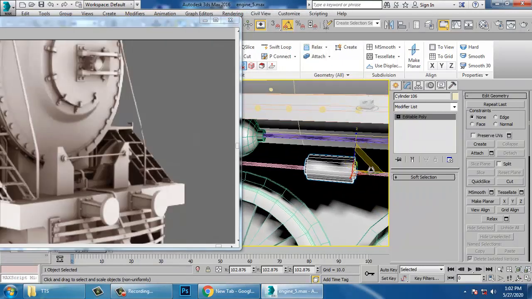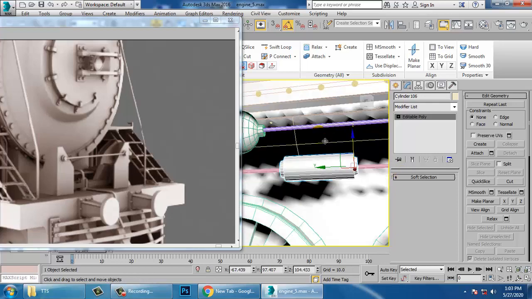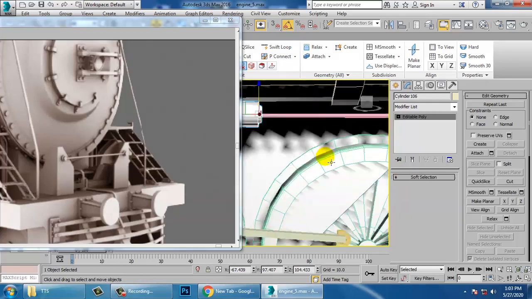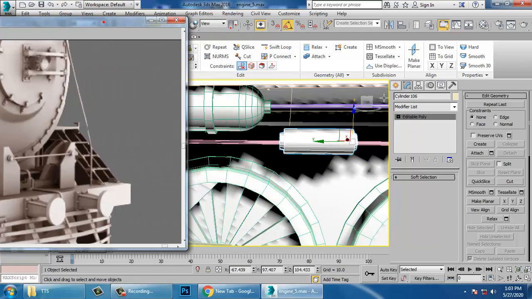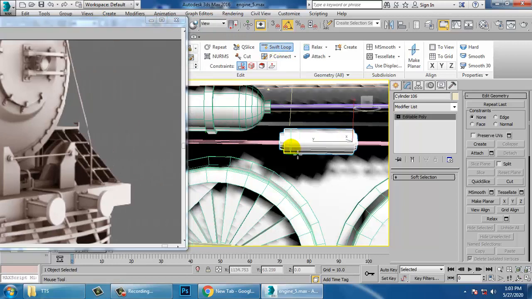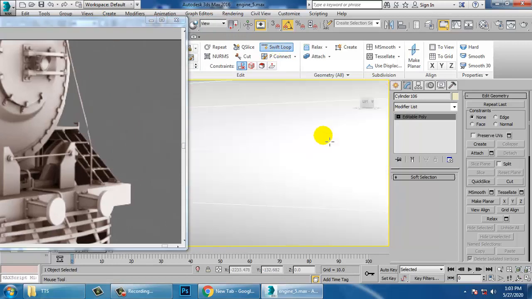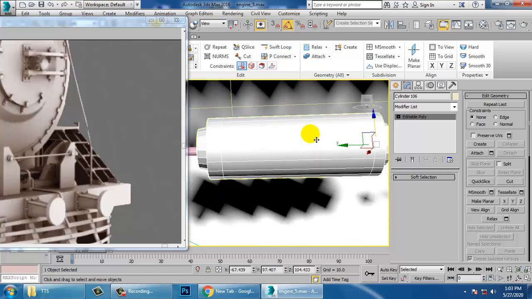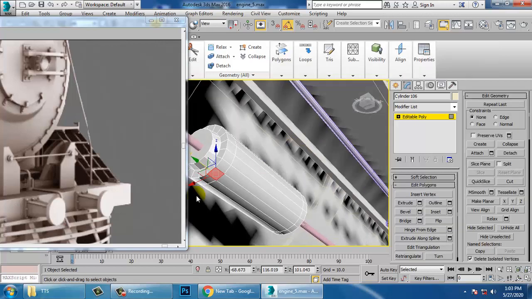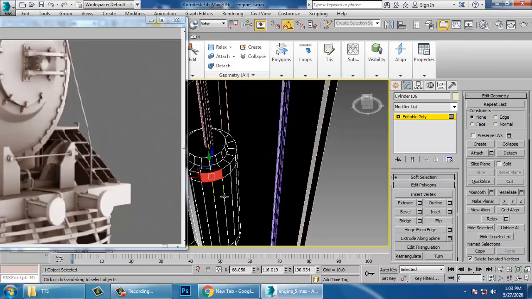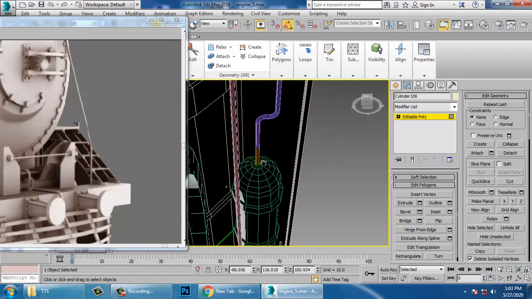You can just make a copy of that, and after that I can add more swift loops over here, go into these polygons, select these polygons over here.